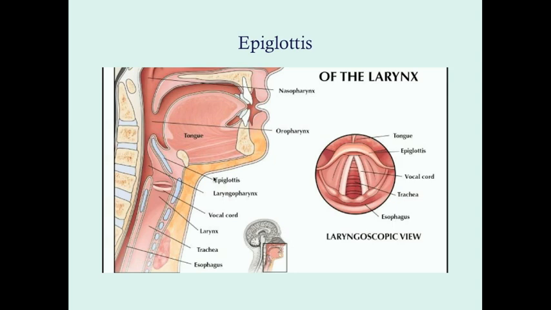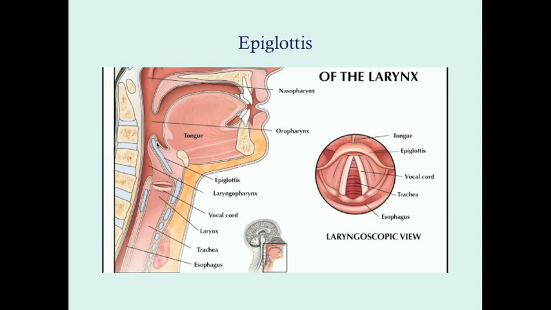It sits right about, maybe a little bit posterior, but right about where the chin ends and the neck starts. So that's the hyoid bone, and then you'll look for this little, usually it looks almost like a leaf, like a leaflet coming in, and it's very thin. And that's the epiglottis.